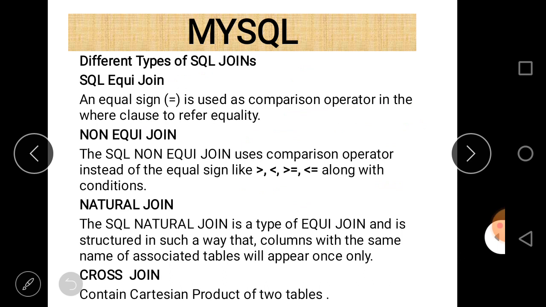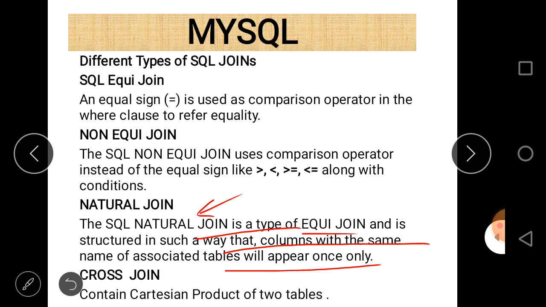The columns which appear twice when we join will appear only once. So it is a type of equijoin, first of all.